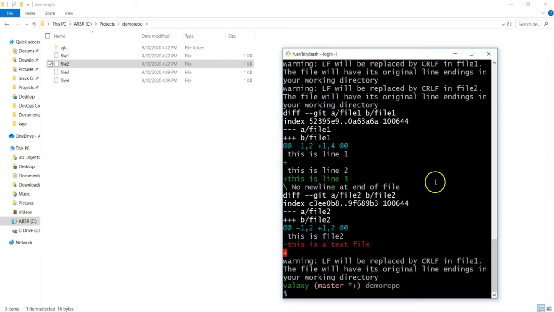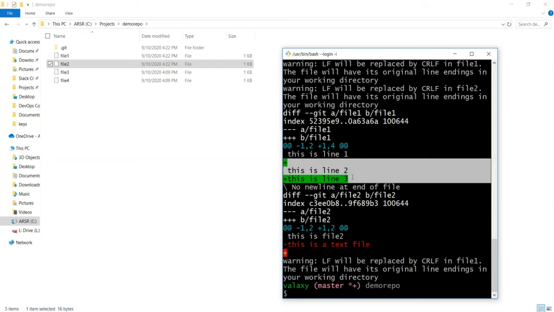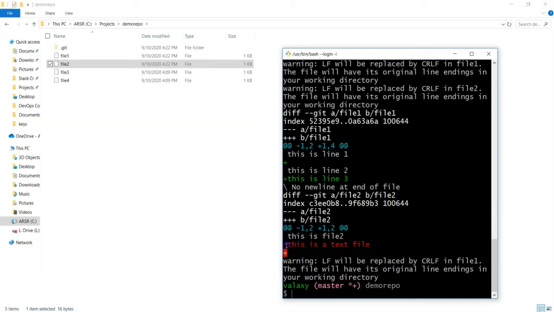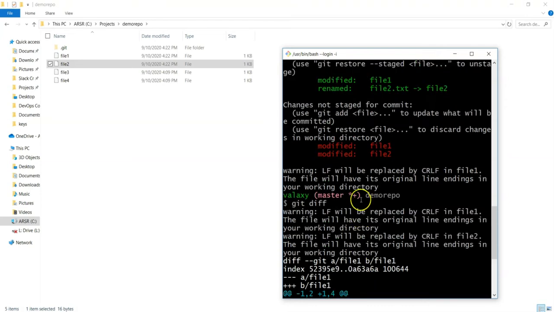You just see here what happened. It is comparing the file in the working directory to the file in the staging area. B stands for staging area. And you just see here, this is line 1. We have added one enter in our notepad, right? That is treated as a plus. And we have also added line 3. So we have added 2 lines. That is what it is trying to say. So extra 2 lines are added in the working area file. Similarly, if I compare with file 2, one line has been deleted in the working area file. Working area file means the red color files.